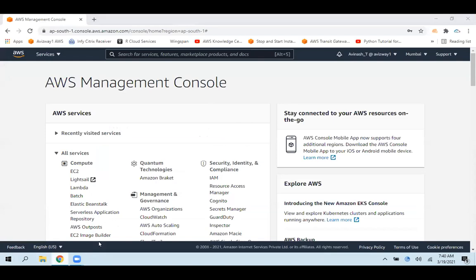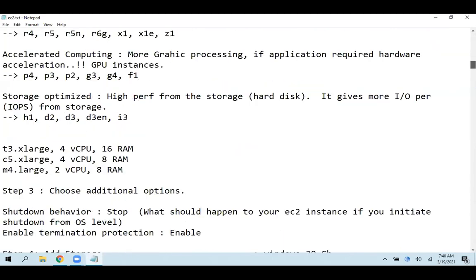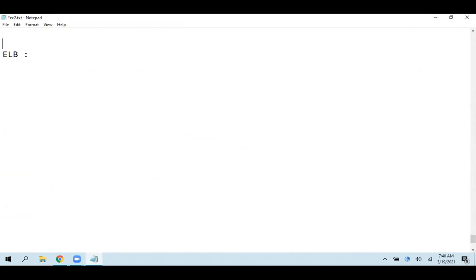Right. In today's session, we are going to start with the Elastic Load Balancer. Basically, as I mentioned, we are going to have two types of scaling: vertical scaling